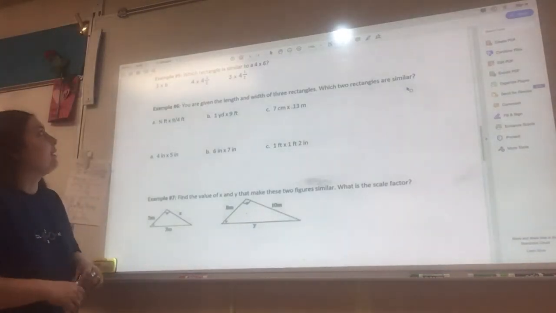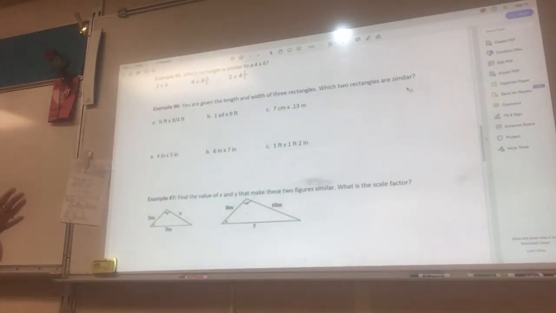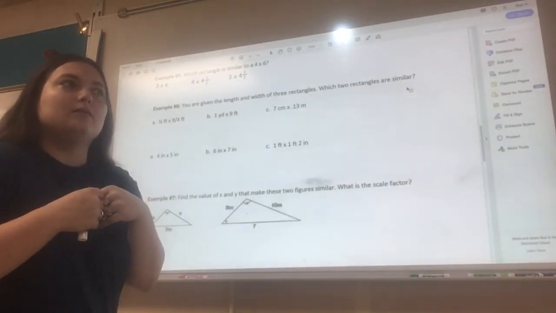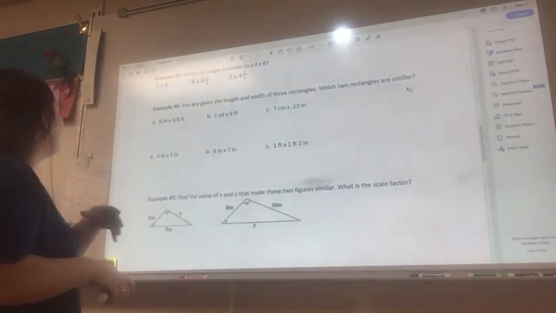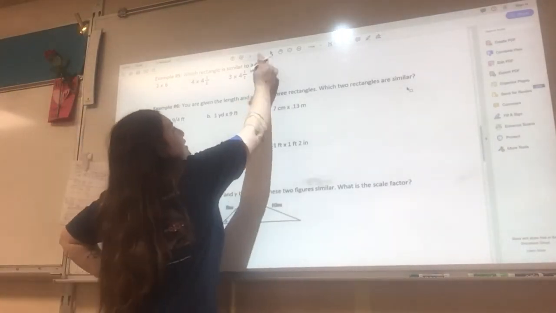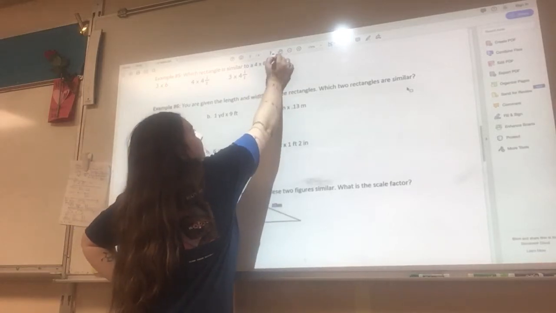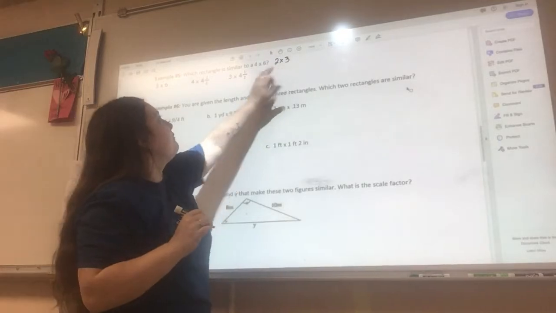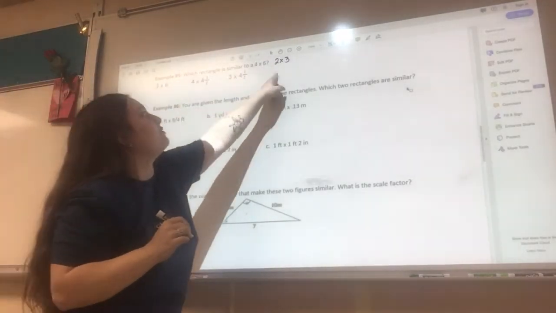Now that you're back from your break, we're going on to example 5, and we're going to determine which rectangle is similar to 4 by 6. So what we're looking for is, can we get them to be the simplified proportion to be the same? We can see that 4 by 6 is the same thing, since they both have factors of 2, as a 2 by 3. So we should be looking for a simplified proportion between these three of a 2 by